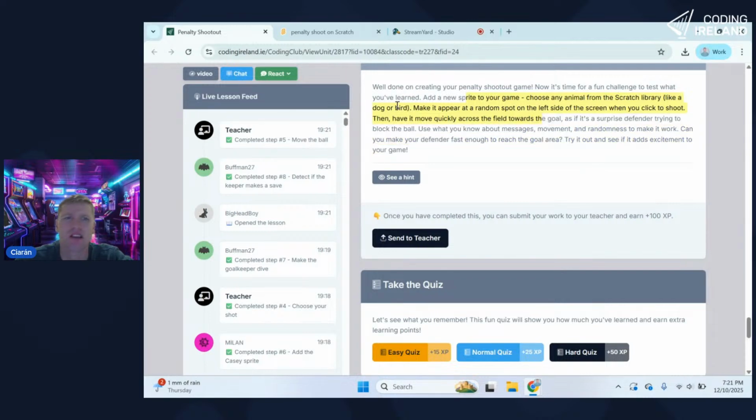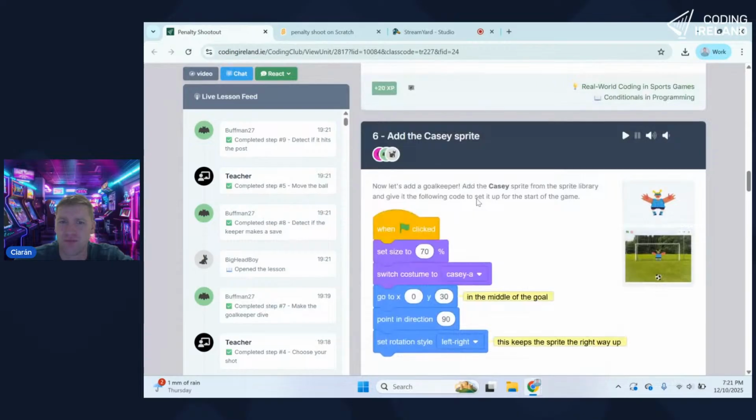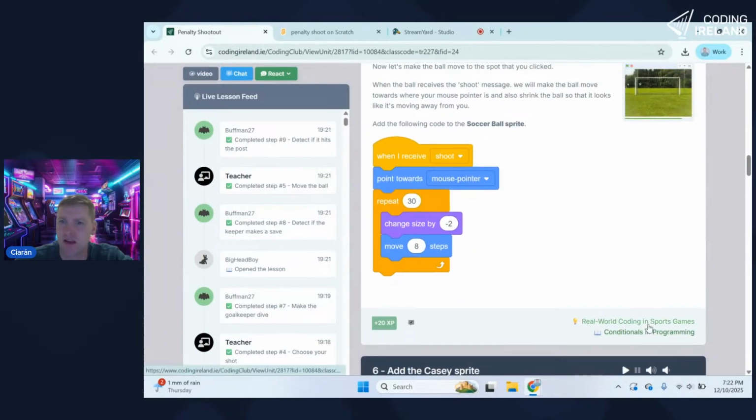That's a good challenge, actually. So our ball is moving right now. Yeah, we're going pretty well. Just looking at some of these